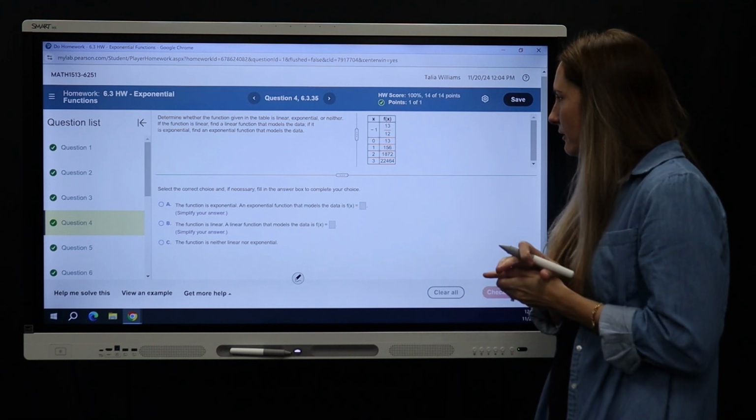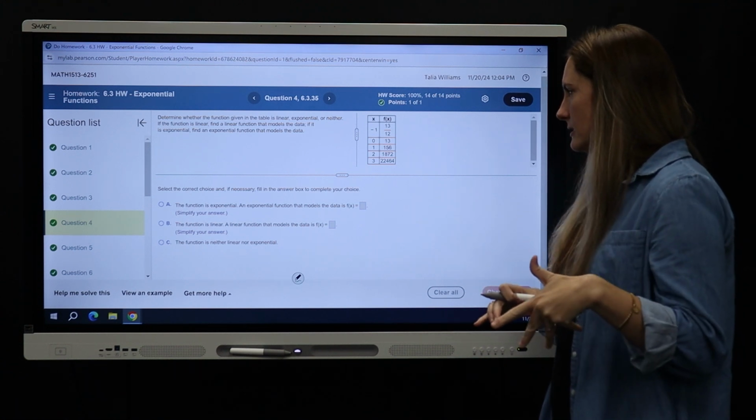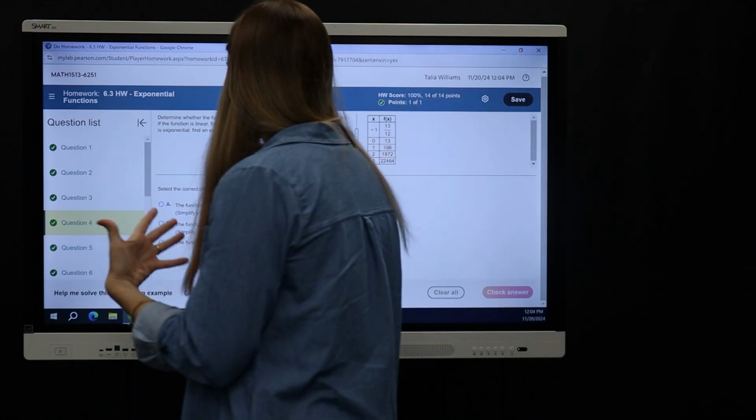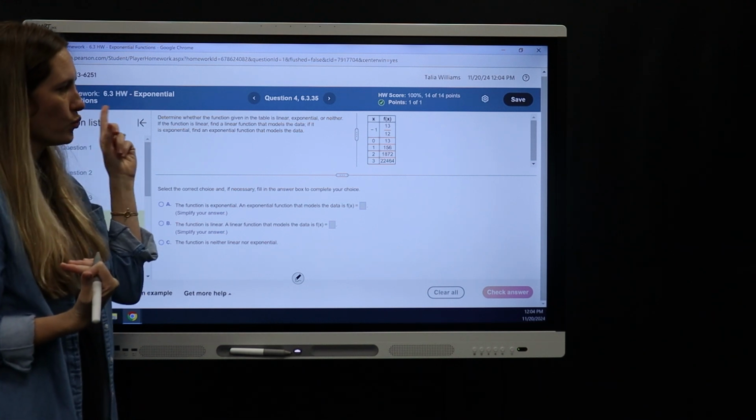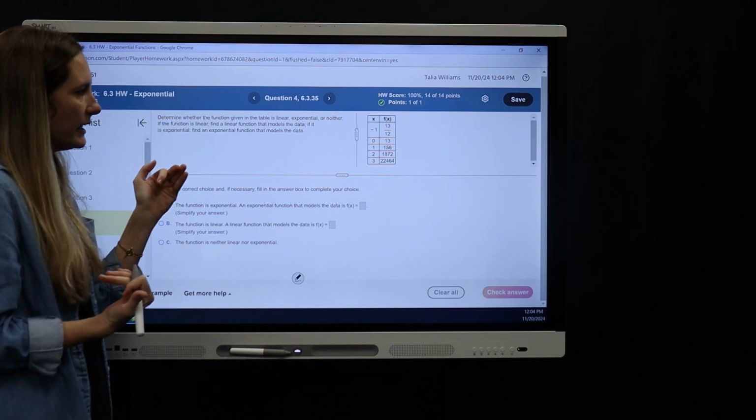So the next thing we have to figure out is what is the exponents we're using. So I always look at 0. So at 0 I have 13. Anything to the 0 power is 1. So since I have that 13 there,